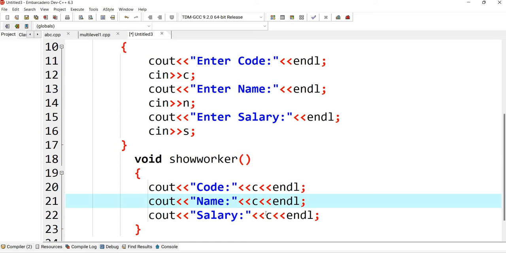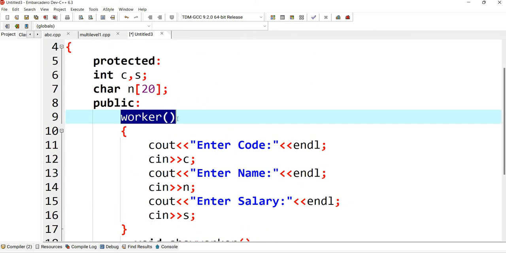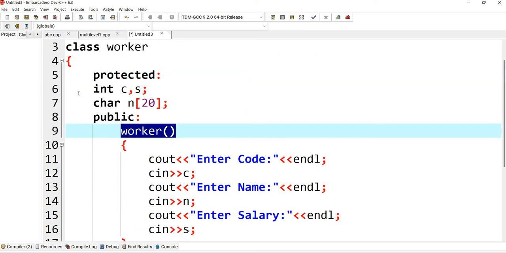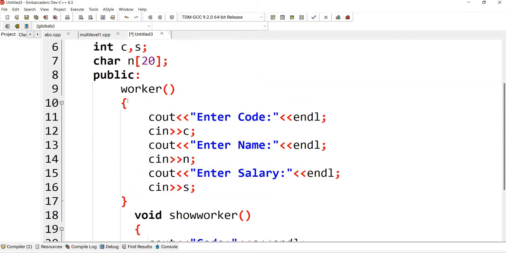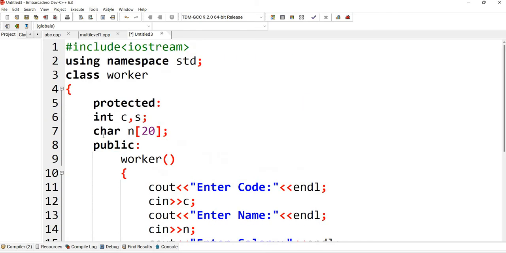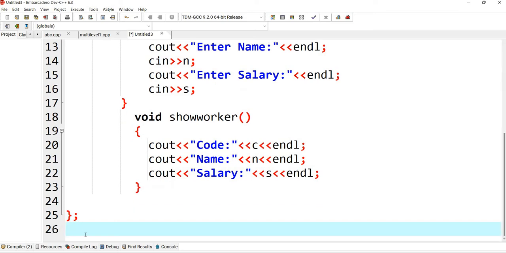So this is the constructor for this class, and this is the member function for displaying the values. This worker class will be finished here: constructor opening and closing bracket, then member function opening and closing bracket, and then the class closing bracket. We'll put the semicolon at the end of this class definition.